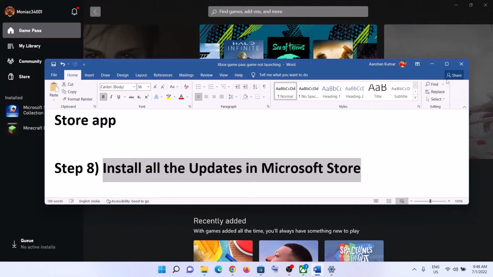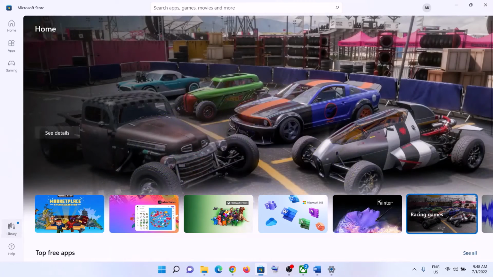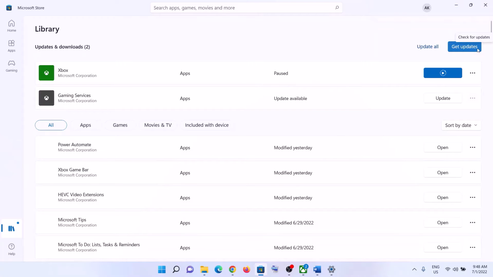install all the updates in Microsoft Store. So open Microsoft Store on your computer. On the bottom left here you can see library option. Click on library. Now once you click on library, on the top right here you can see the option which says get updates. Now click on get updates and once all the updates are installed, restart your computer and then